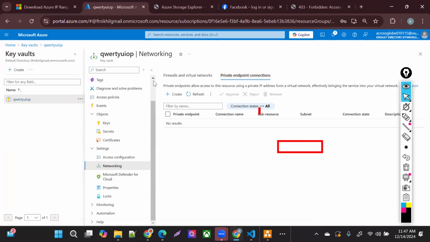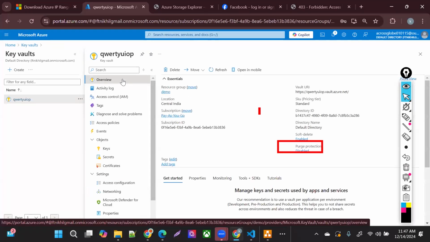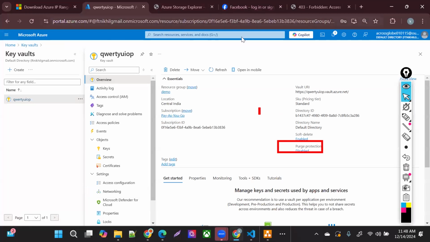For the private endpoint, the same thing we created on the storage account, you need to do here as well. So that's about the key vault. In the next class, we are going to cover new topics and then proceed in later classes. If you have any questions, feel free to ask. Otherwise, we are good to wrap up the session now.